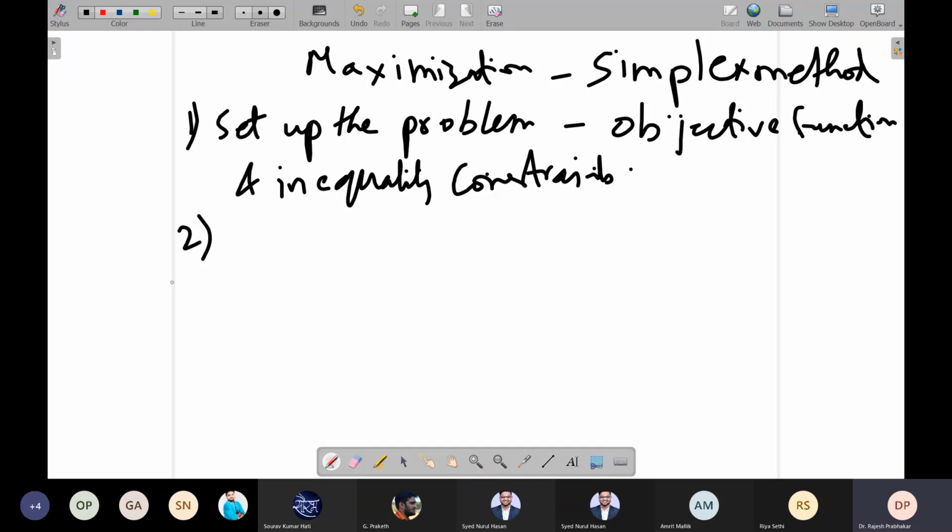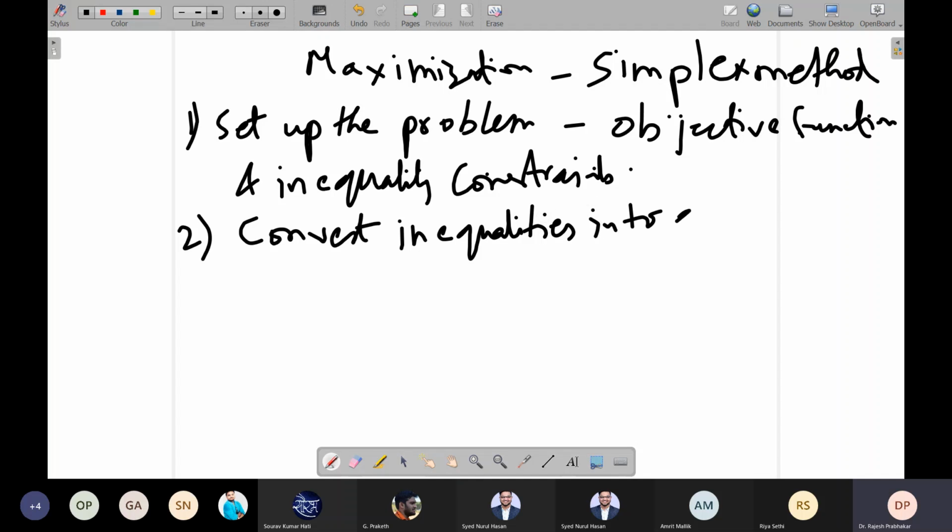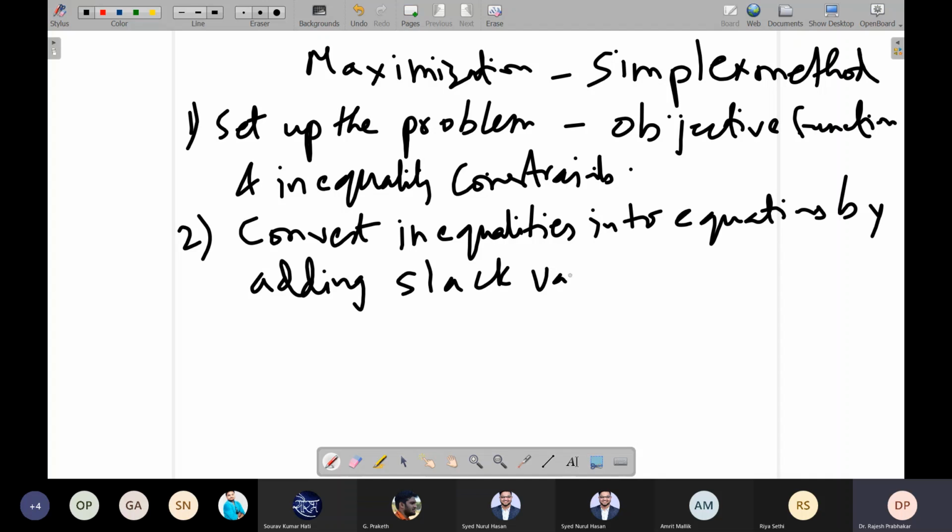Second step, convert the inequalities into equations by adding the slack variable for each inequality.